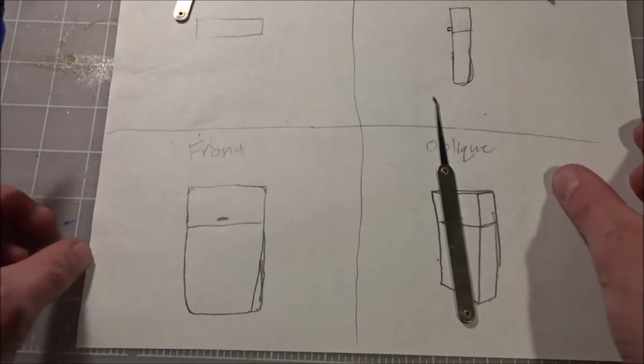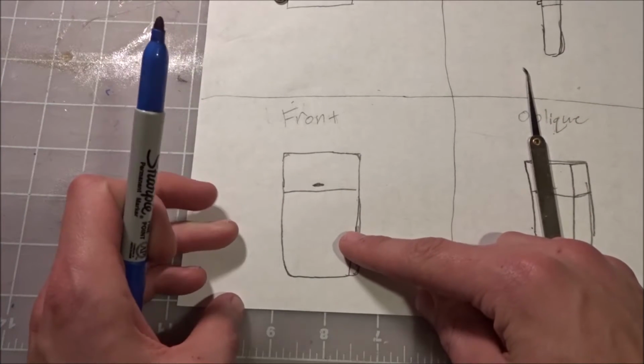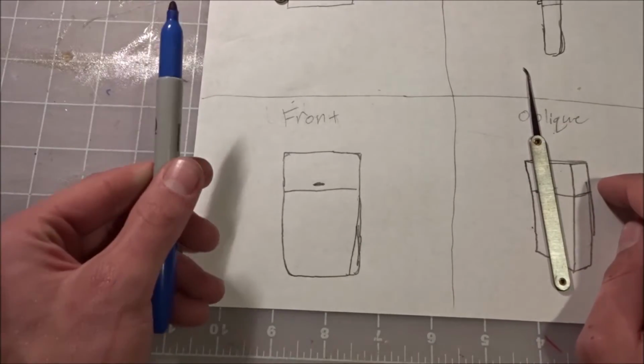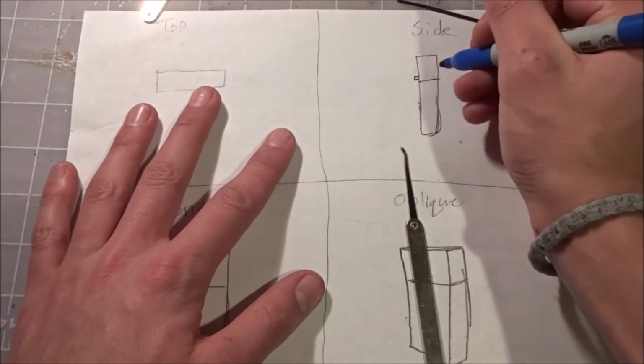What's up, guys? Today I'm going to be showing you how to make this quick and easy lockpick case. Let's get to it. Here's my idea for this. This is going to be the front of the box. I'm going to try to make the box in the style of a bandsaw box, which just means I'm going to cut off the front two sides like this,